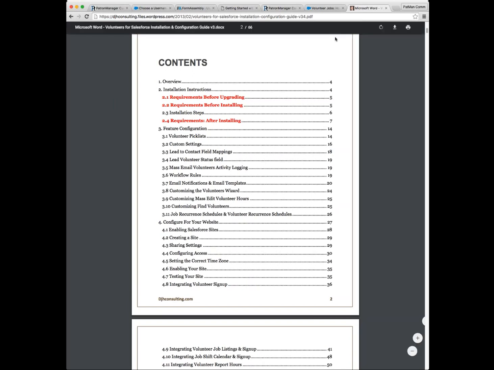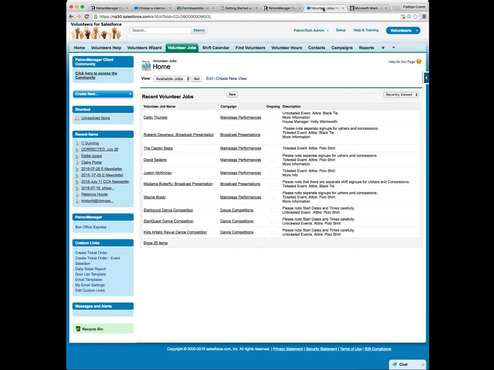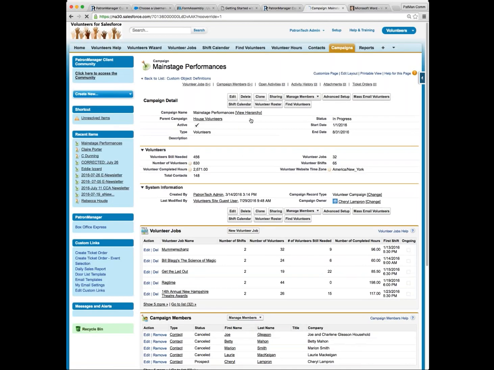Yeah, so campaigns are kind of at the heart of how volunteers are managed. This app utilizes a campaign object, and it has a hierarchy of campaigns with projects being at the top, and under that is jobs, and under that is shifts. For some people, they get a little hung up on this terminology, because it may not be the terminology you use within your own org. But think of projects as sort of being an overall organizer for a type of